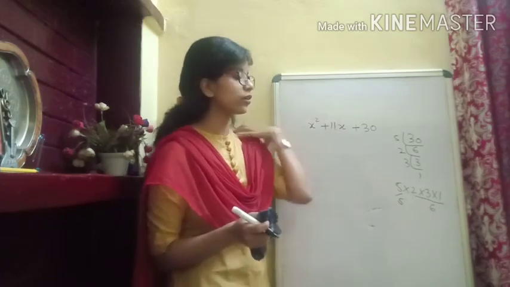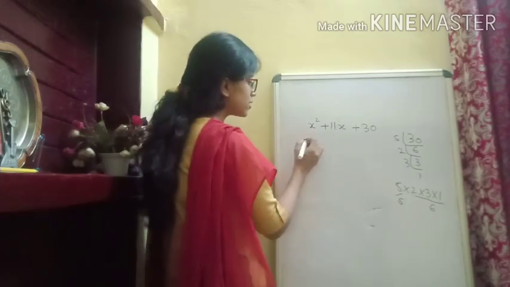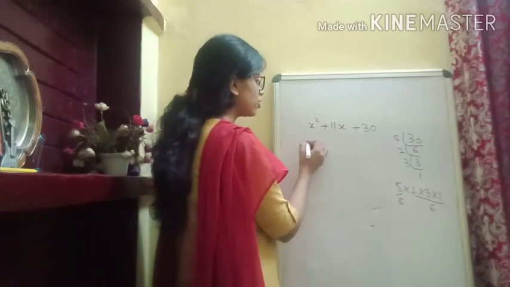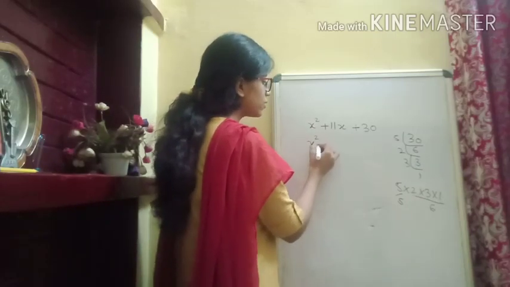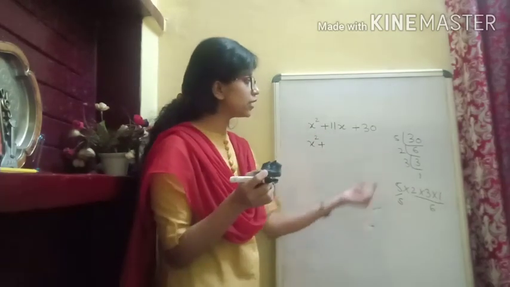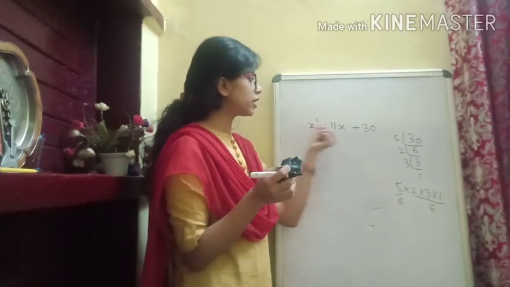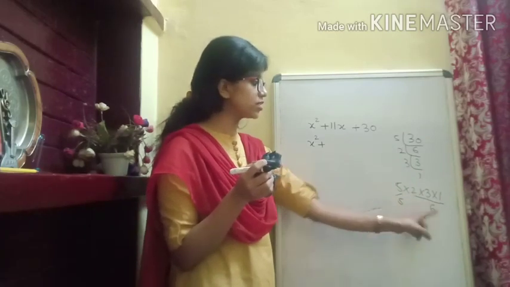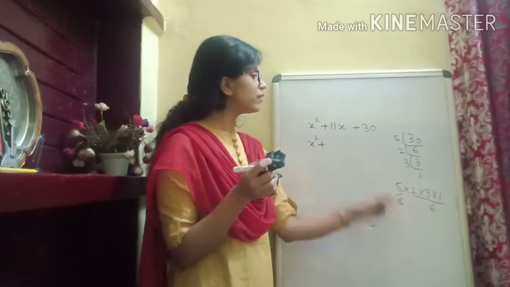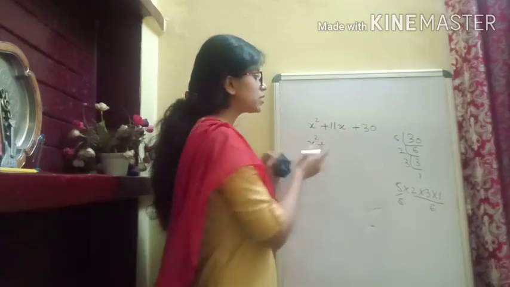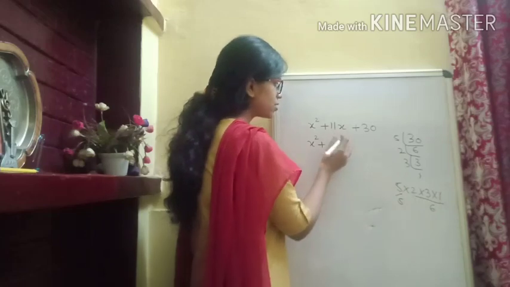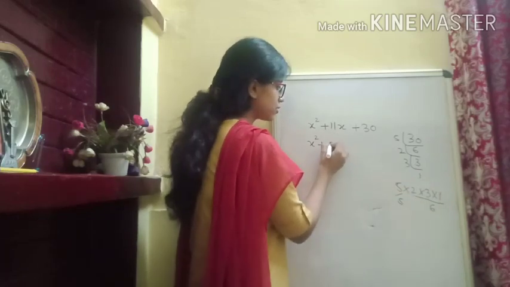Is it clear or not? So can we write it as, are you following the steps? I'll explain it again or we'll take some questions. x square plus. Now since you have seen by taking the multiplication and by factorizing and by splitting it into two numbers, we are getting two numbers 6 and 5. If we add them, we get this 11. That means now this 11 can be written in terms of these two numbers, that is 5x plus 6x.